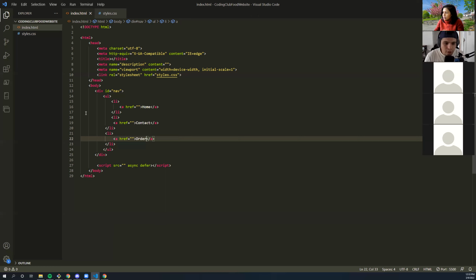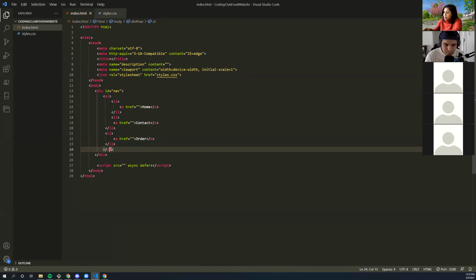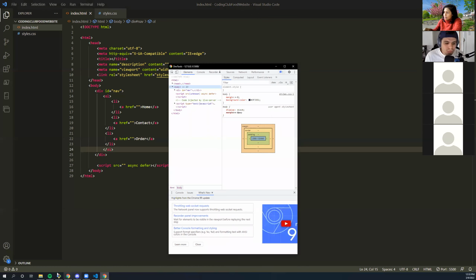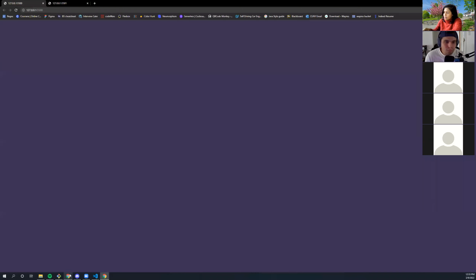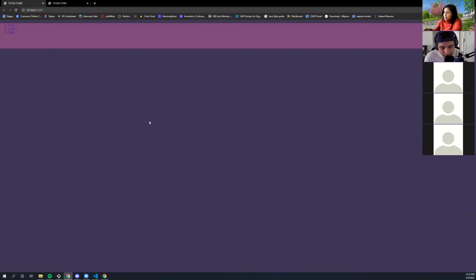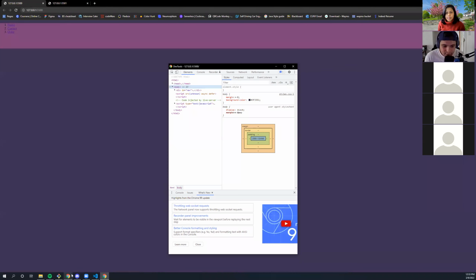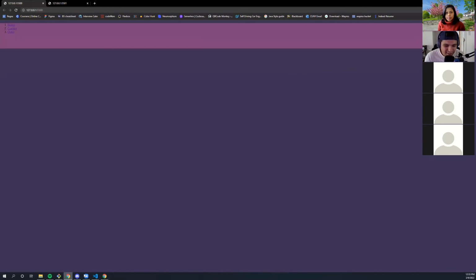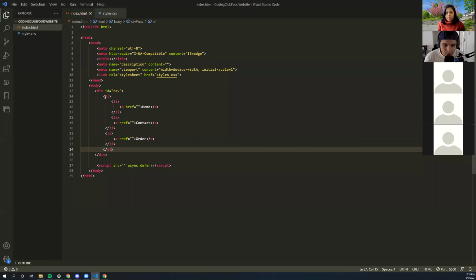Like if I change this to OL, I'm pretty sure there'll be no difference whatsoever. Now they have numbers instead of dots. That's the difference. Like I said, I really don't use OL.